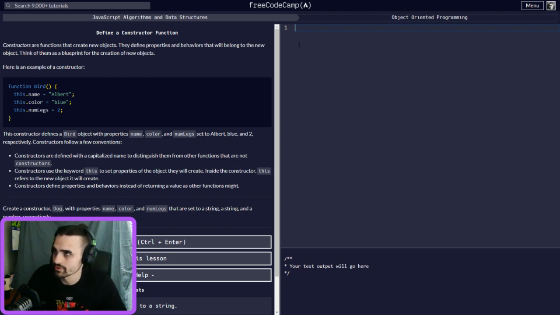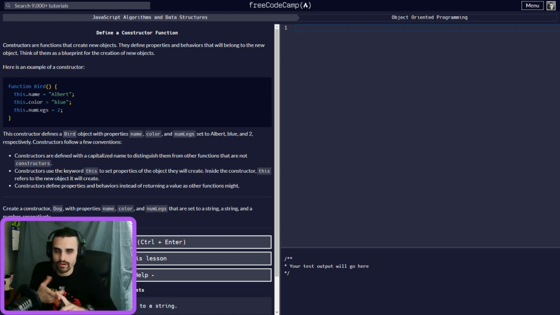So create a constructor Dog with properties name, color, and numLegs that are set to a string, a string, and a number respectively. If you notice here, it says function, and it doesn't have data types.